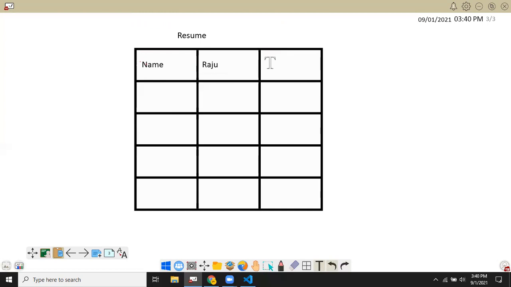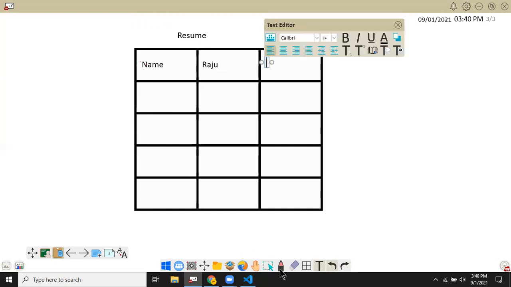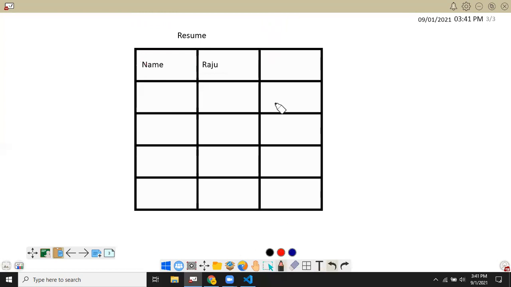Now here I want to place something, what you call a photo. Now I want to place a photo here. So we want to have a photo over here. Okay, so you display the name here, right?